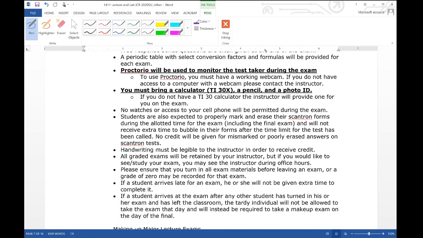If you need any help getting set up with that, please let me know. I'll do my best to help you get situated with that. You won't need that until the day of the exam, obviously, but this is only a 5-week course, so that's going to come up really fast. Okay, so make sure you do take care of that.